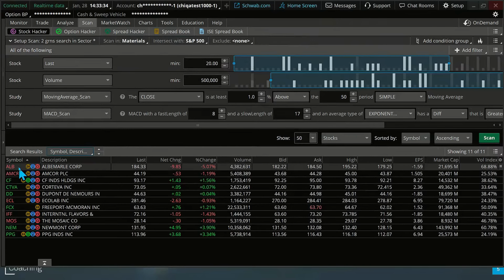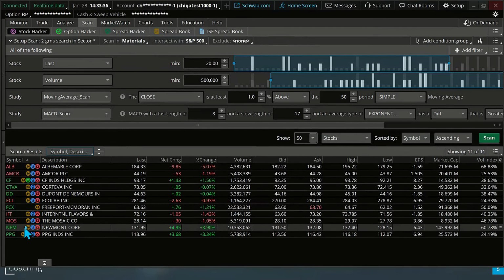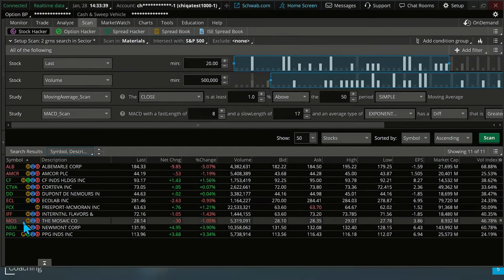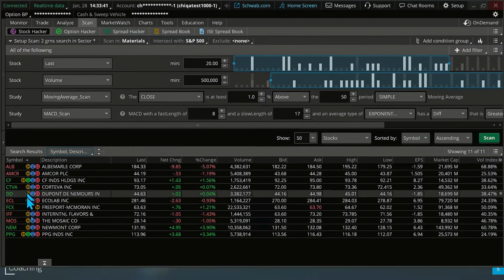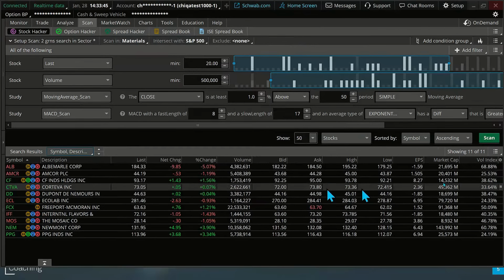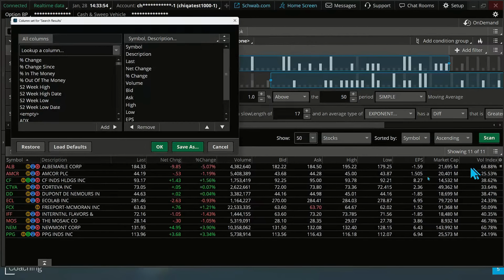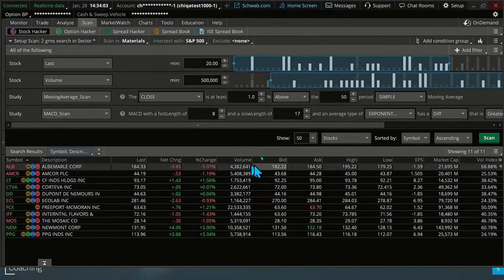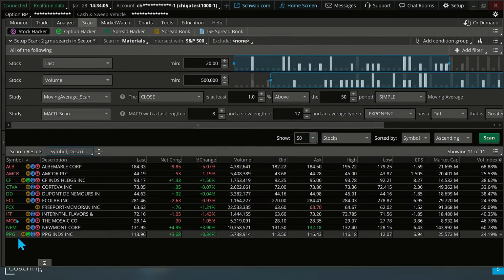Okay. Now, I'm not going to take the time to look at each of these individually because I did that already. But for homework, I'd encourage you to look at each one of these stocks and ask yourself, is that a valid buy signal based on the rules? Guess what? We could even come in here. Now, the search says that it should be above the moving average, but you could come in there and customize it if you wanted to add that 50 SMA. Oh, it's not on the scan results one. So you could go in and see if all of those are there.